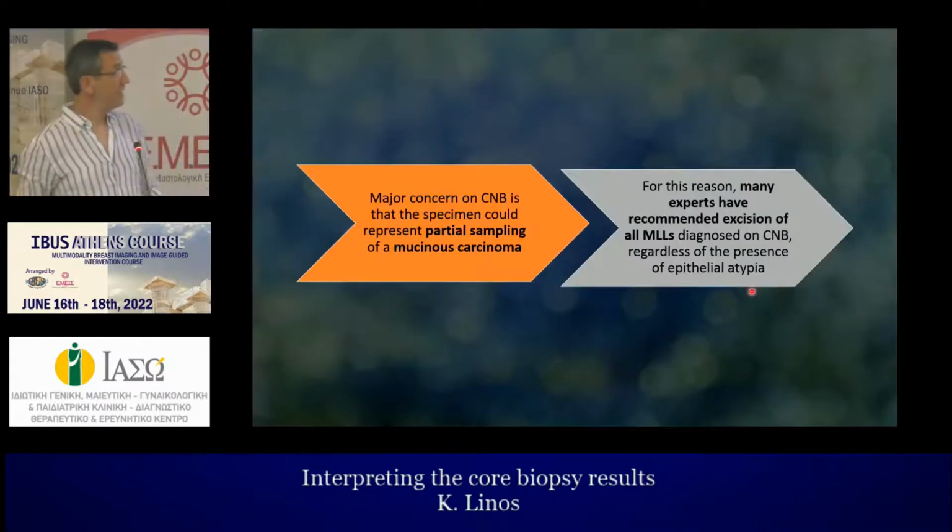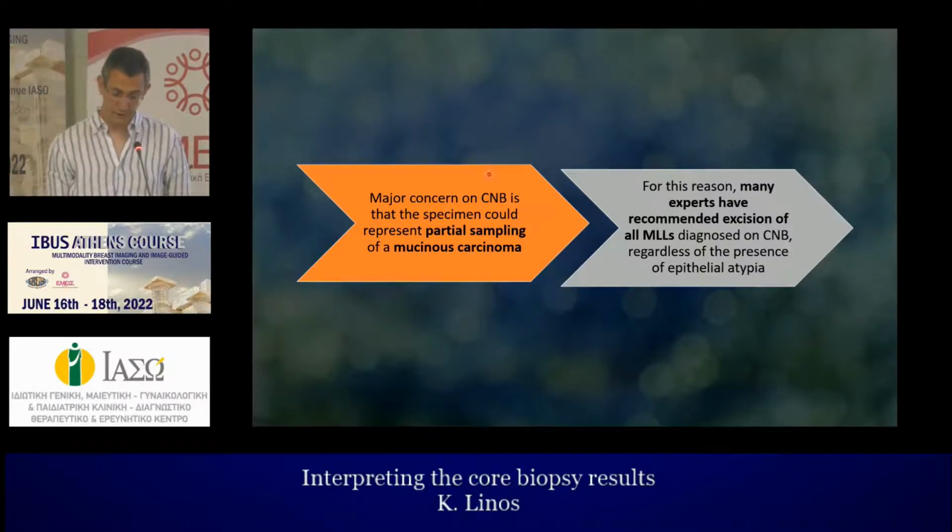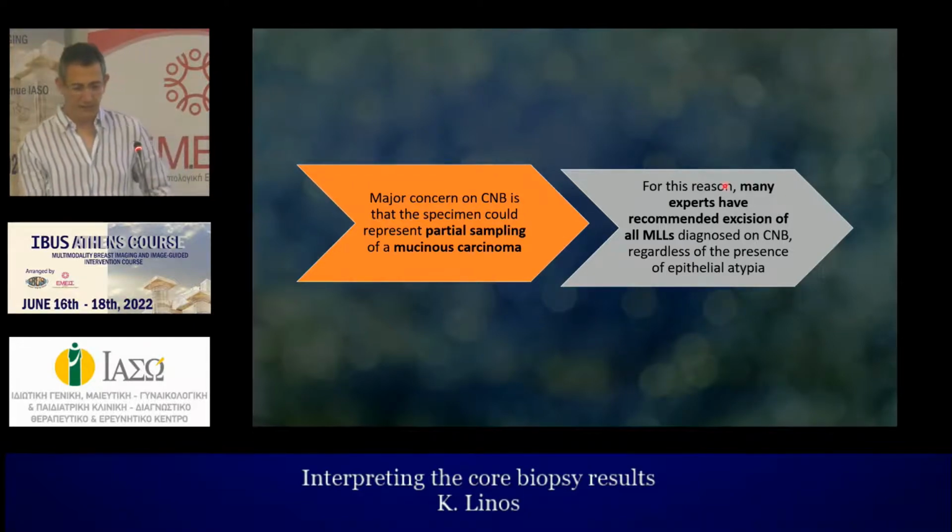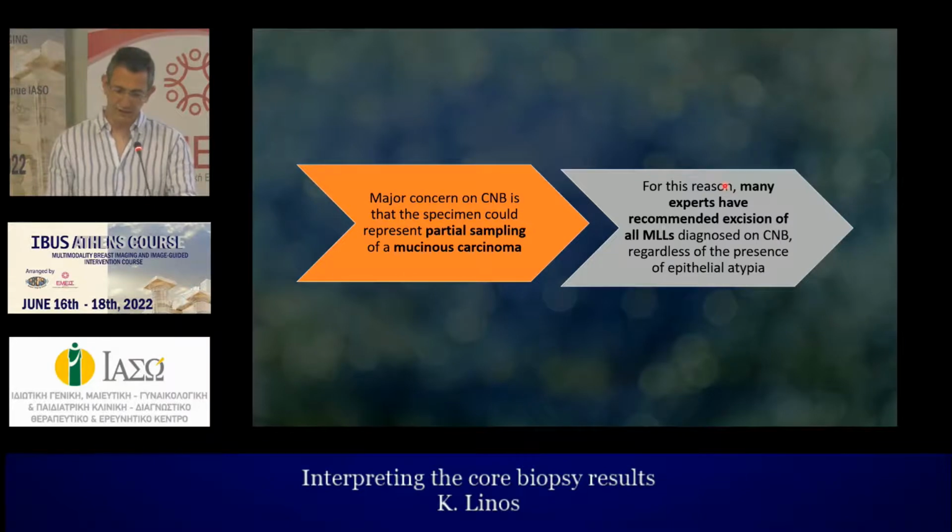So when you get a diagnosis of mucocele-like lesion in a core needle biopsy, the major concern is a partial sampling of mucinous carcinoma, that you just haven't sampled with the needle. For this reason, many experts now recommend excision of mucocele-like lesions diagnosed on core needle biopsy,